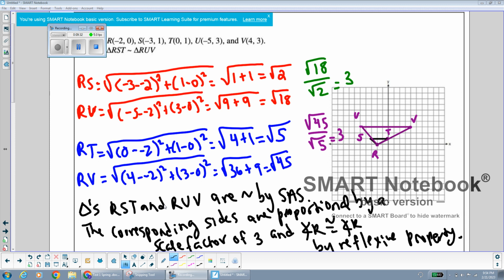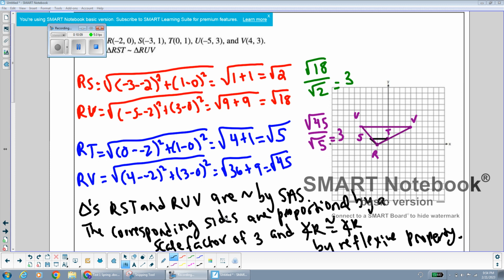the reflexive property. And then if you look to my work, you see that I actually showed that the corresponding sides, RS and RU, and RT and RV are proportional. I found their lengths, and then I divided big over small to get the scale factor, and I found that the scale factors were both the same. So this is one way of doing it, but keep in mind the format of a coordinate geometry proof, formulas and calculations, and then a concluding statement explaining what your calculation showed. This is the format to get full credit on the coordinate geometry proof, on tests in this class, and also